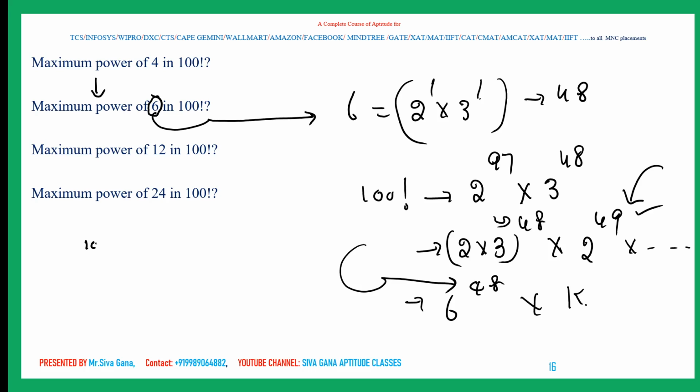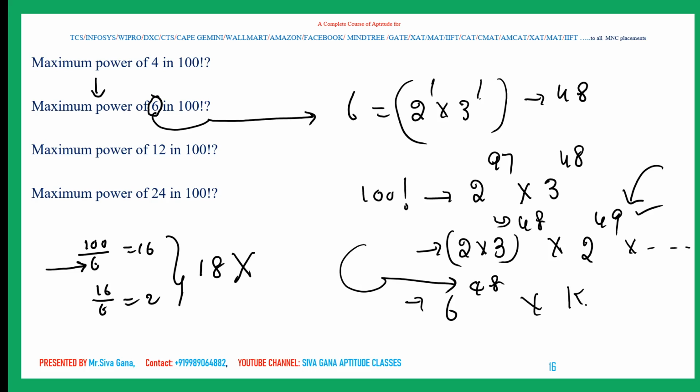If you do it this way, it will be wrong. You cannot do it this way, because what is he asking? Maximum power of 6. What is 6? A composite number. Candidates, viewers, audience, keep it in mind that whether the given number is prime or composite, your